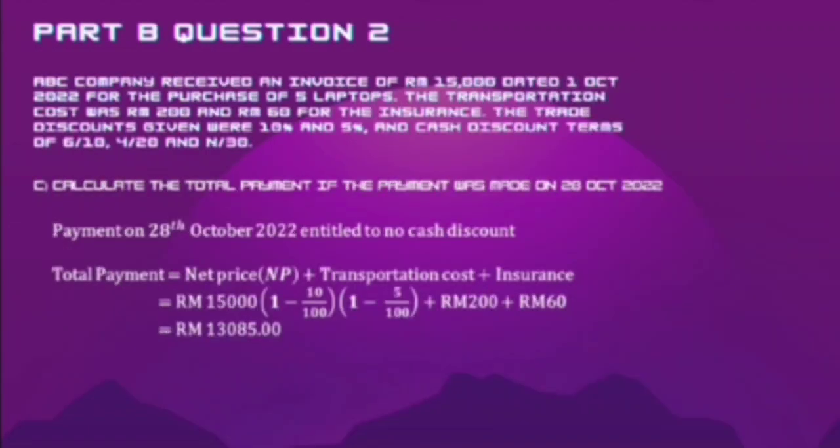So the last question is, calculate the total payment if the payment was made on 28 October 2022. So, payment on 28 October 2022 is entitled to no cash discount. So, just use the total payment formula and insert all the information given. And we will get the answer, which is RM